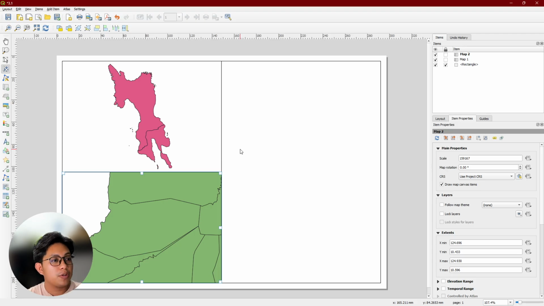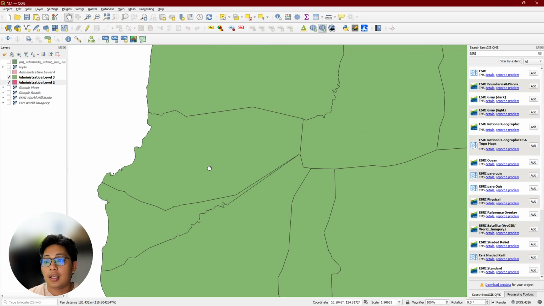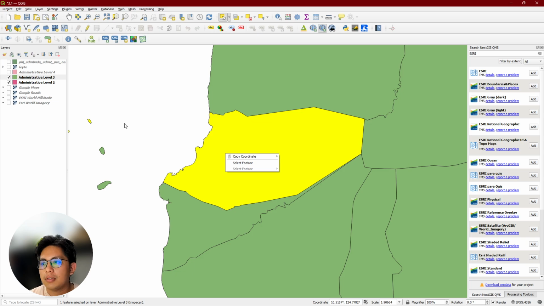Since I'm not sure what it is, I'm gonna go back to my QGIS and focus my view on this portion here. What is this? Select and show.